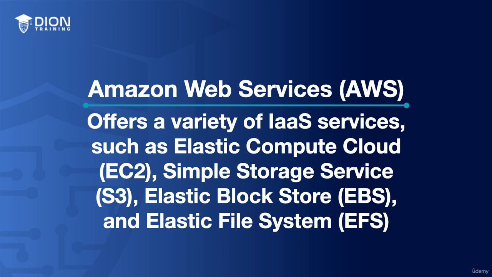Additionally, AWS also offers two other types of storage, known as EBS, or Elastic Block Store, and EFS, or the Elastic File System, and both of these are used to store data as well, but in different formats. So if you're storing as an object, a block, or a file, there are 3 different infrastructure as a service offerings you could use for those purposes.